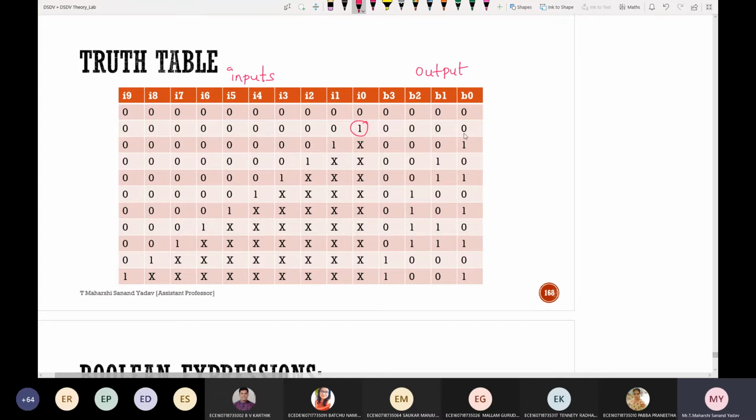When I0 is equal to 1, it should be all zeros. When I1 is equal to 1, no need of checking for lower condition. So that's why it is a don't care, and higher parts will be 0. So that it should display 1. Next, when I2 is 1, no need of lower conditions, whereas upper condition should be 1. So in the same manner, you try to fill this complete truth table.